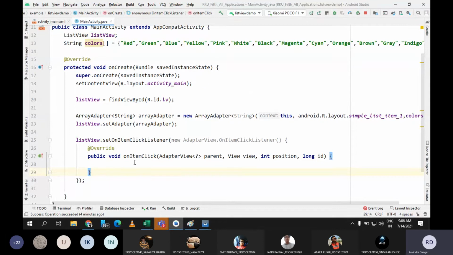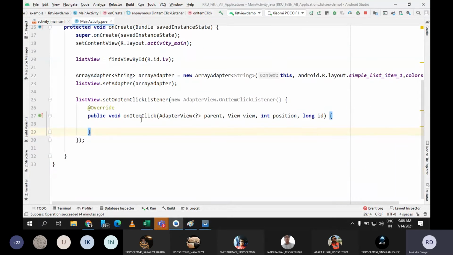This is the override method which is defined in this listener. So the meaning of this is, whenever you select or click on any item displayed inside the list view, it will always call this method, and every time this method gets executed, it will find the index, and the same index you will find inside position. Is it fine?